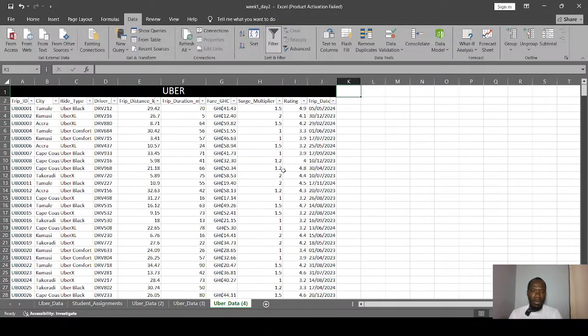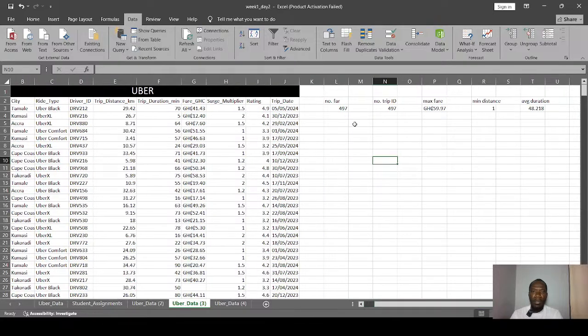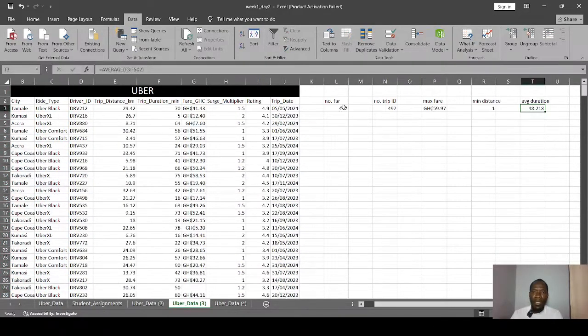Now when you start to answer your questions, you do your analysis. Let me see, I think I've done it over here. Realize that you did not get all your answers correctly if you go and use the filtered data, which gives different results. So let me do one here. This is for the number of fare values.